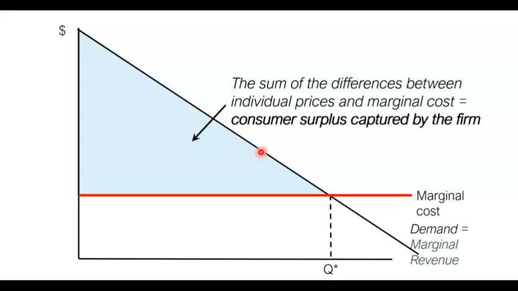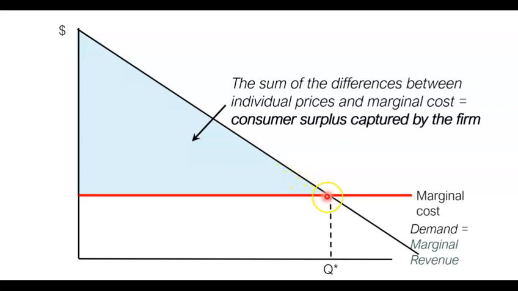So now they can sell a little bit more, and the addition to their revenue is simply the price that they're getting. So the demand curve in this very special case becomes the marginal revenue curve, and the seller